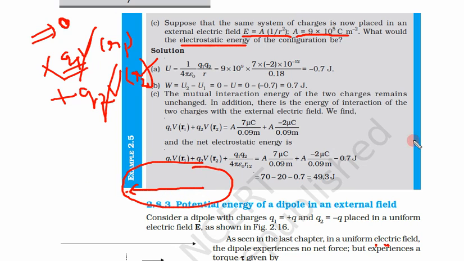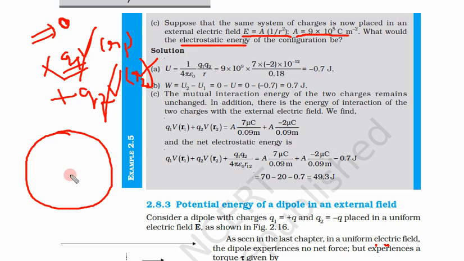Okay, if we are moving in a constant potential, we are doing no work. Remember the same example: if we are moving on the surface of a sphere, it has a potential V. If we are moving on a surface of constant potential, the work done is 0. Same thing is here. Even though there is some potential V, if we are moving in a constant potential, work done is 0. So the first term and second term are 0.